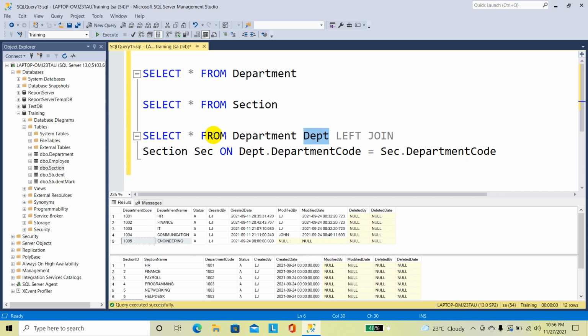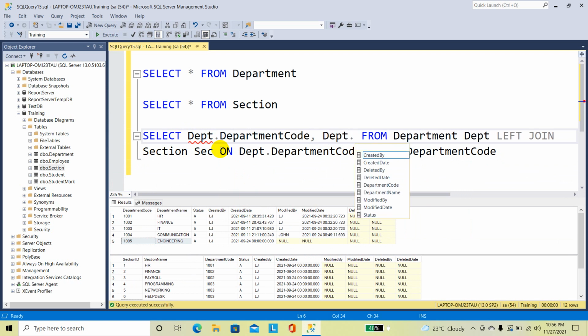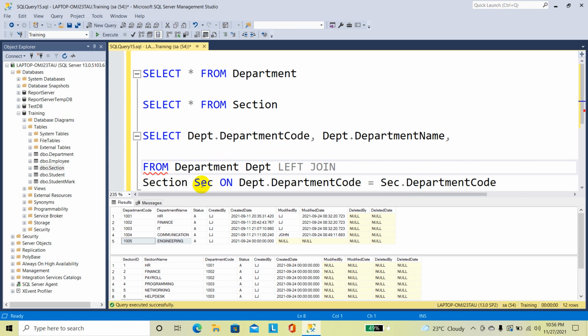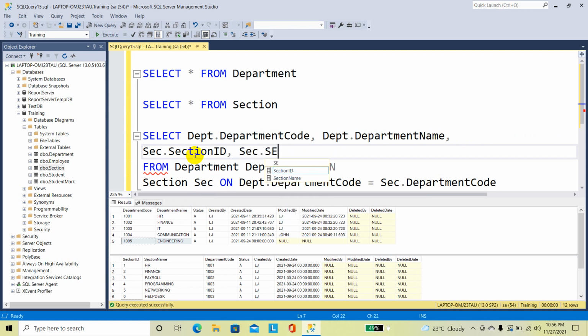Now instead of star, I am going to give dpt dot department code comma department name, section ID comma section name.